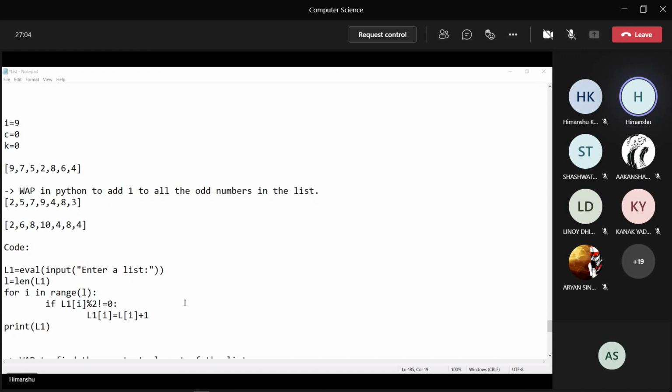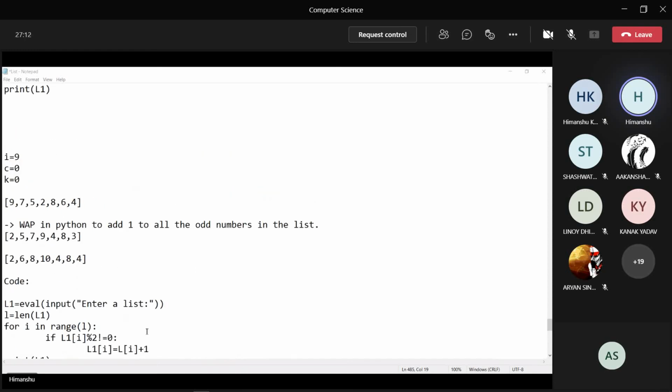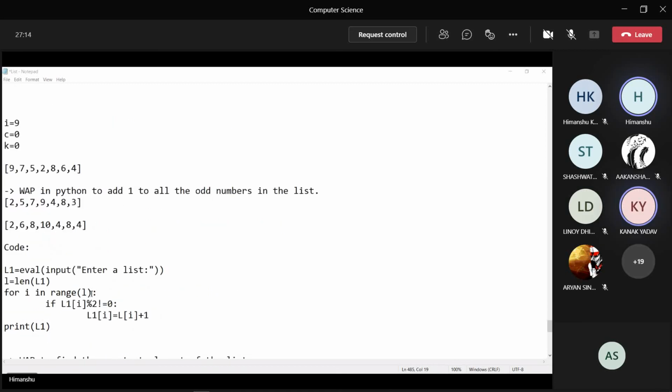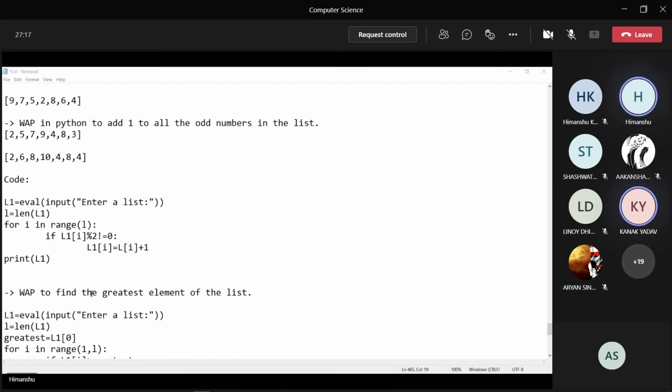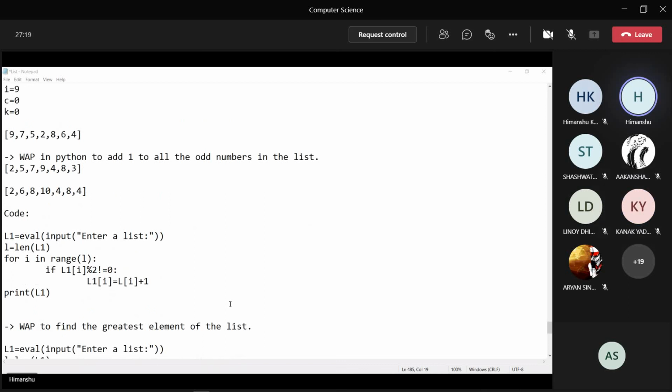This is the code. Please write it down. I have to go to the principal ma'am right now. Please write down this code, and after that do this program. So why can't we do it directly with the value of the element? No, we cannot do it directly.